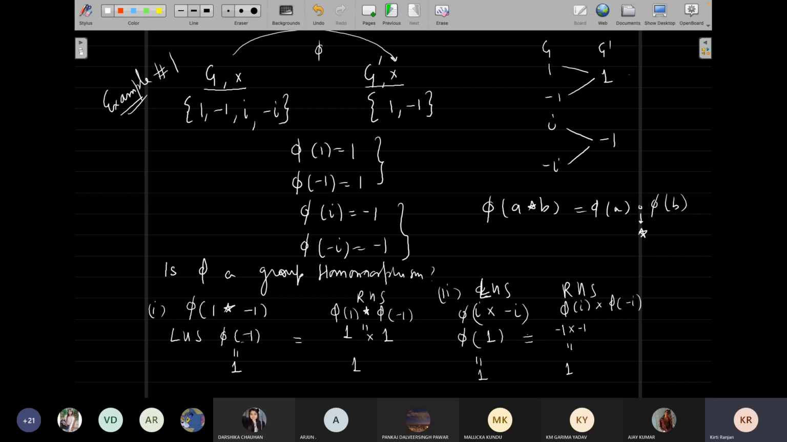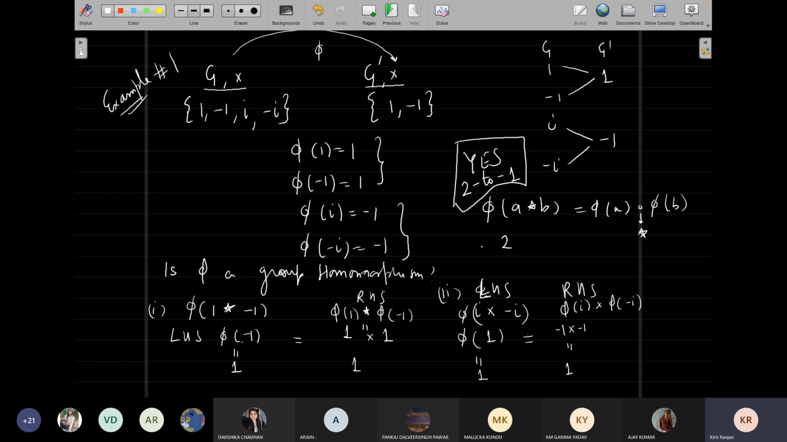How many elements of group G are mapped to how many elements of group G prime? So two elements of group G. Two elements of group G mapped onto one element of G prime is what we call 2 to 1 homomorphism. There can be 3 to 1, there can be 1 to 1, there can be n to 1 homomorphism,